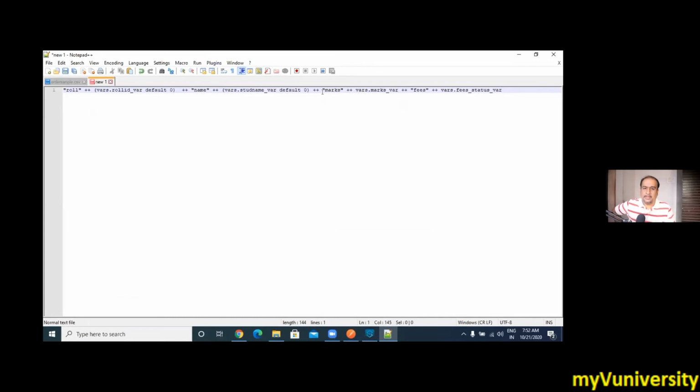Don't take 0, just take a blank string. No, not that way. Default and the blank string. Give a space between default and the blank string.